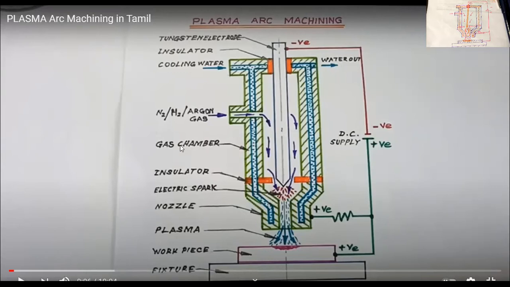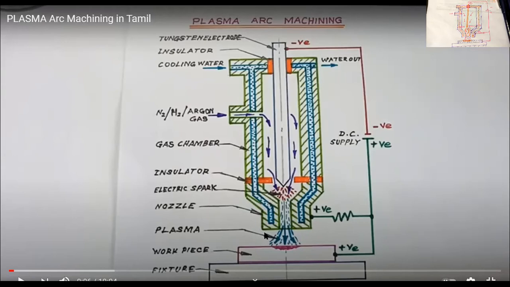Anyhow, here we have got the gas chamber. This one is the gas chamber. Which gas chamber? That also I'll tell you. Actually, one thing is not mentioned over here. I'll be discussing it. Actually, this portion is empty. This portion you can see. Don't make any mistake, this portion is empty. So from here, this gas chamber is written. So this gas will be flowing in this direction, and that part I will be drawing in the diagram.